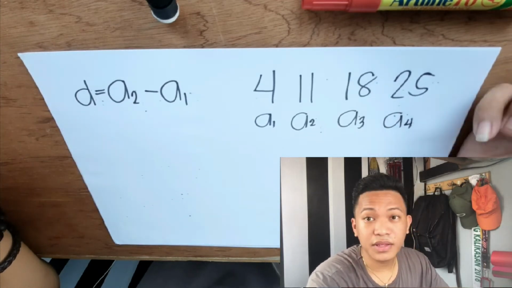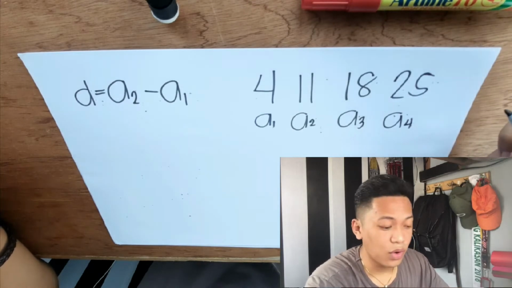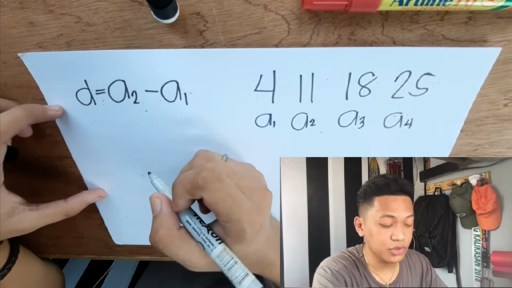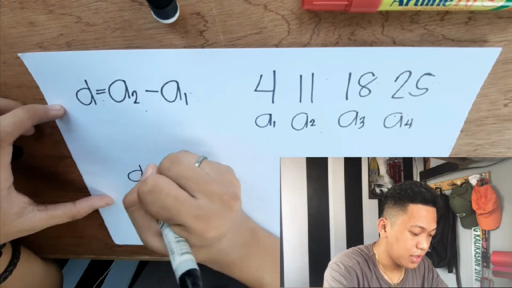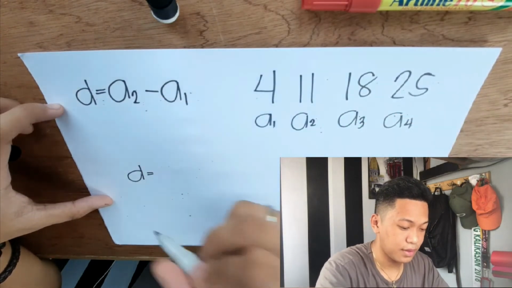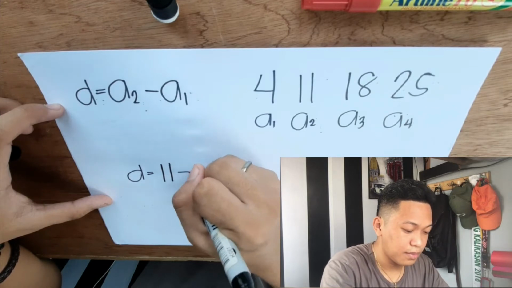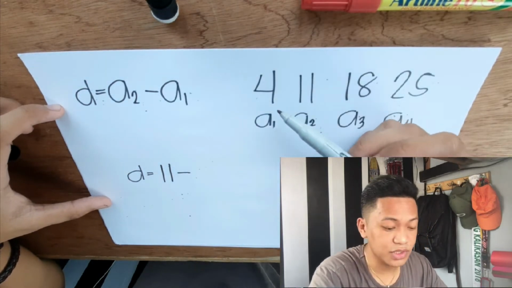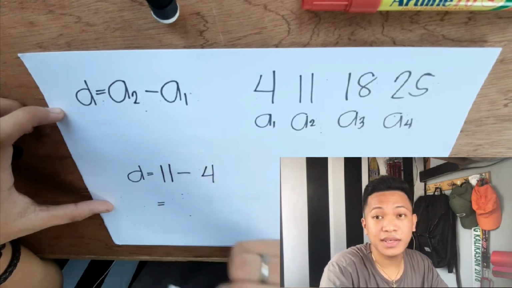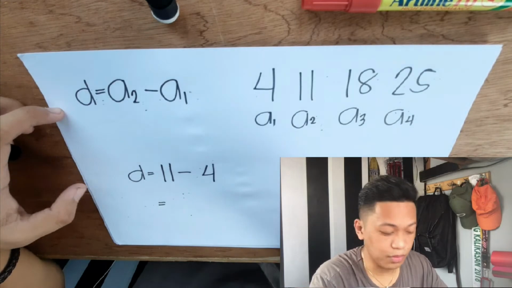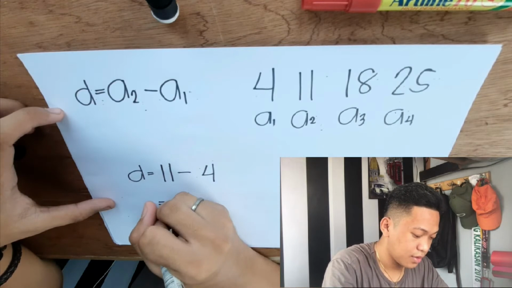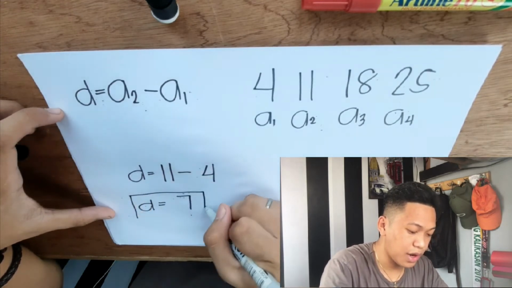So, para malaman natin yung common difference between each term, we can use the formula D equals A sub 2 minus A sub 1. So, magsasubstitute lang tayo dito. So, D is equals to A sub 2 natin, yung second term, which is number 11, minus yung A sub 1 natin, which is our first term, is number 4. So, we can simply subtract these two numbers. So, 11 minus 4 is equal to 7. So, yun na yung ating common